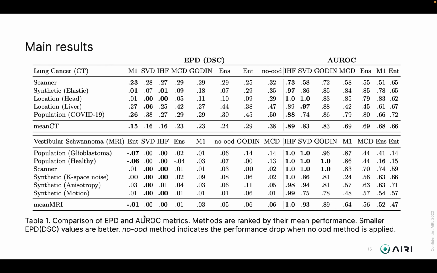Secondly, expected performance drop produces a different ranking than ROC. The most notable example of this difference might be the simple entropy method in the MRI setup. Our ROC displays entropy as the worst method, being on par with a random classifier. However, the expected performance drop metric captures its ability to provide correct predictions in most setups, without rejecting them, giving even better quality than on the test set.